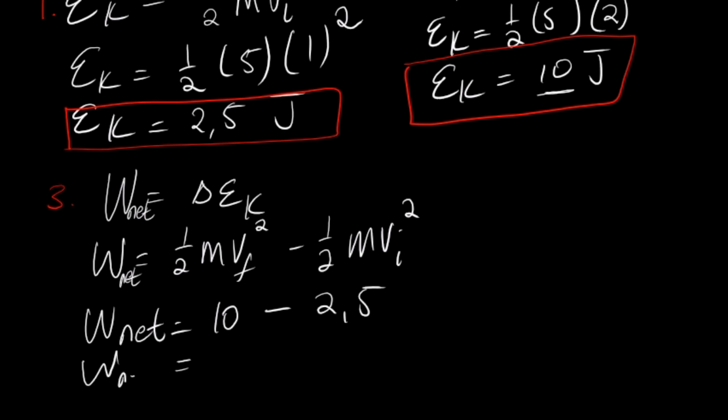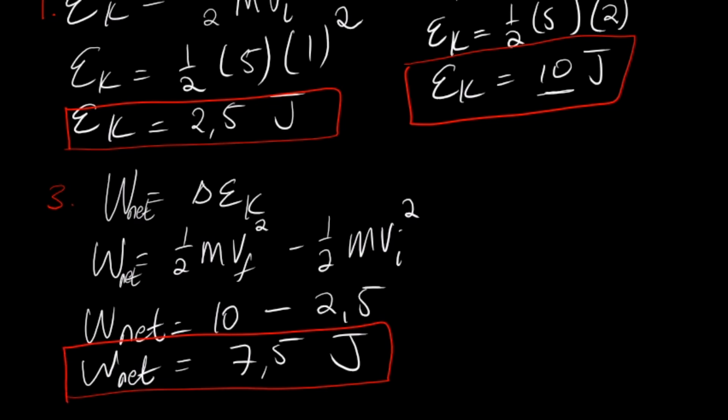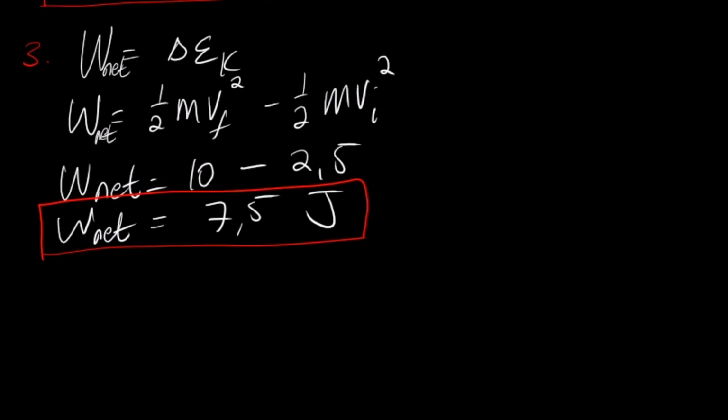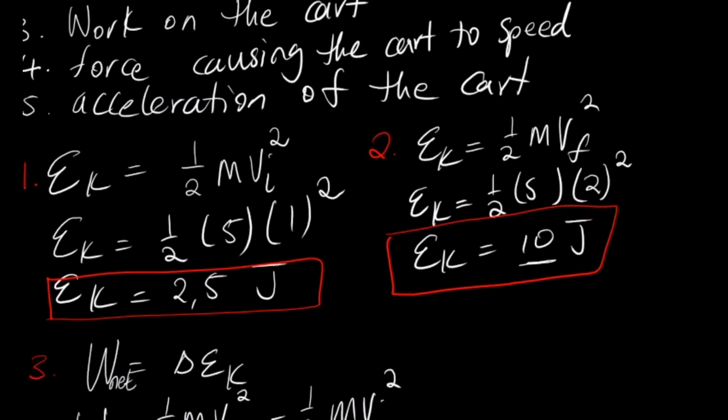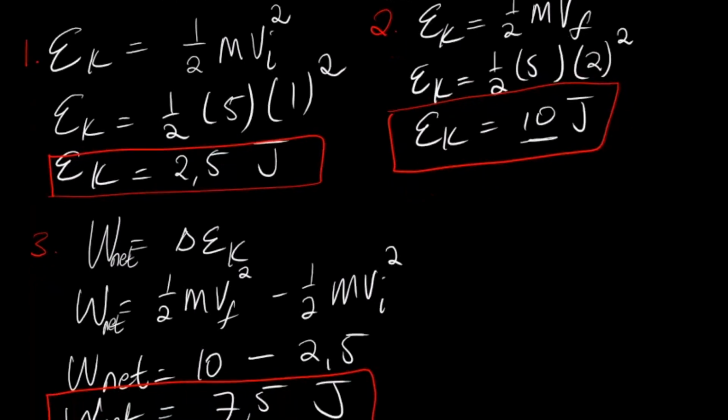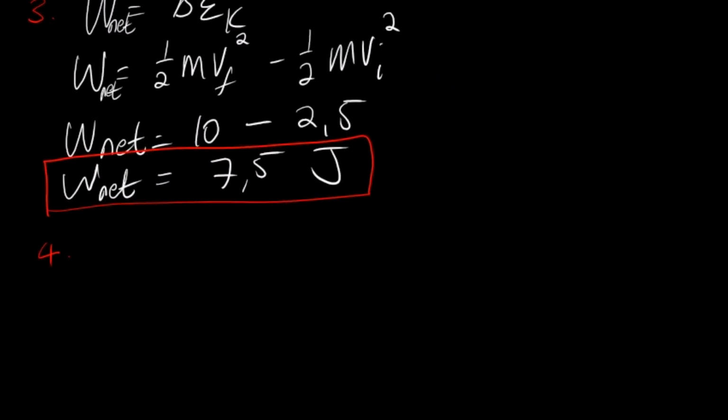So work net is equal to 7.5 joules. This is the answer to number 3. Number 4. Question number 4 says the force causing the cart to speed up. Now we are looking for the force. You can use this equation. Work is equal to